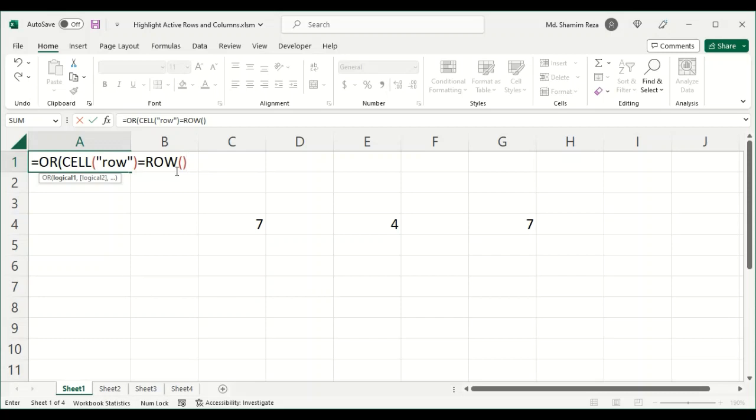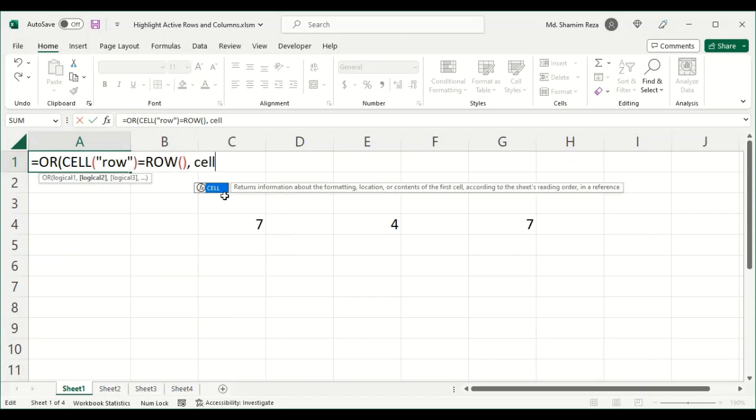This means if the row number of the active cell is equal to the current row number, then the OR formula will return true. Either this portion is true, or